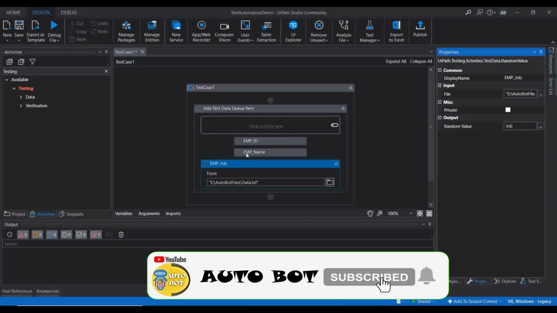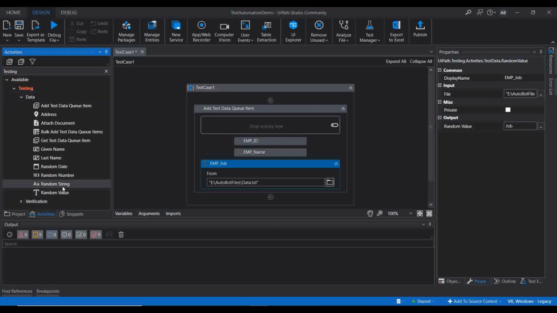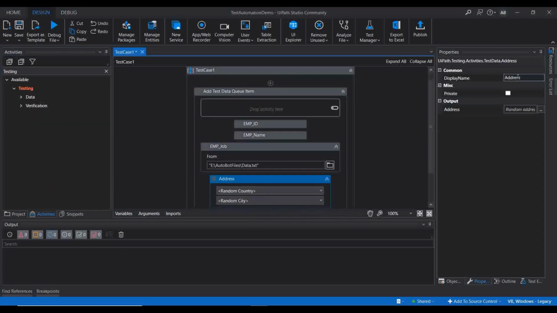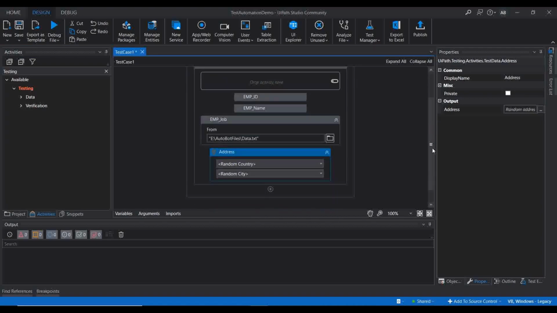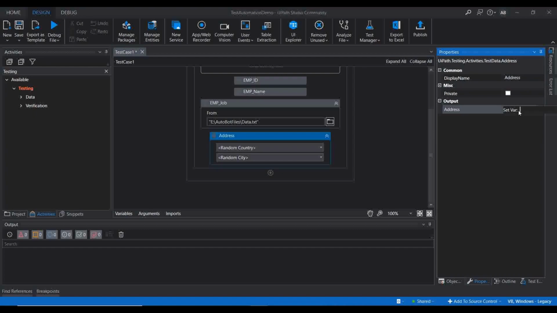Okay, so let me use the address activity. Just drag and drop this activity, and let me name it. Okay, here address is the right one. So what should be the random address? Let me put it like address. Okay, so if you put it like address, it will